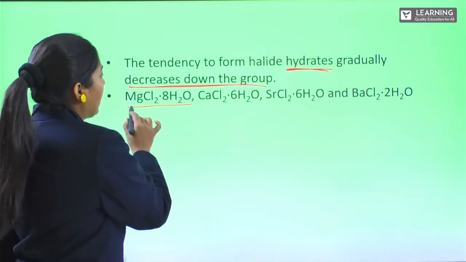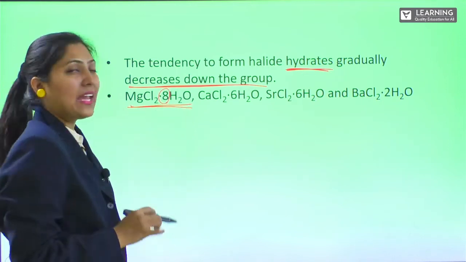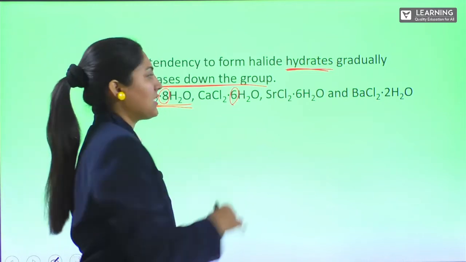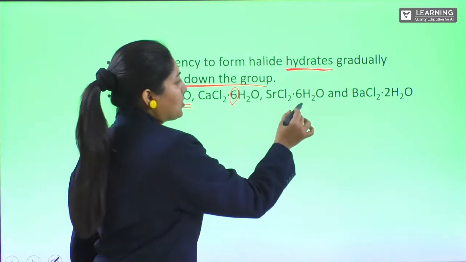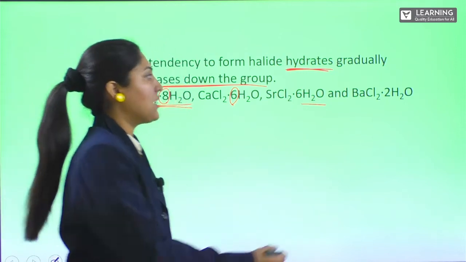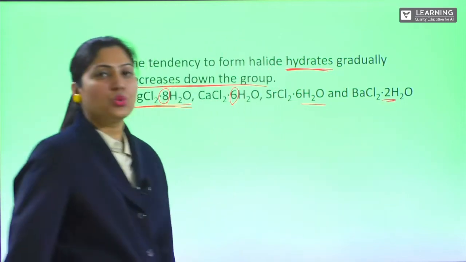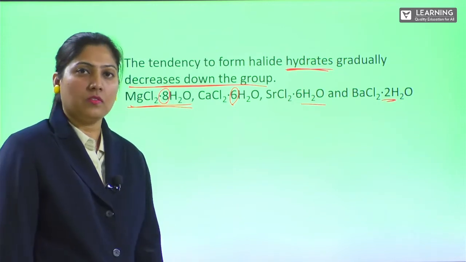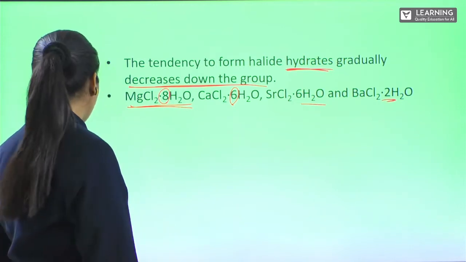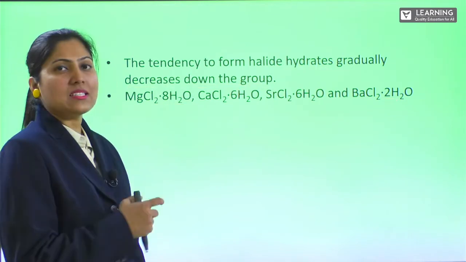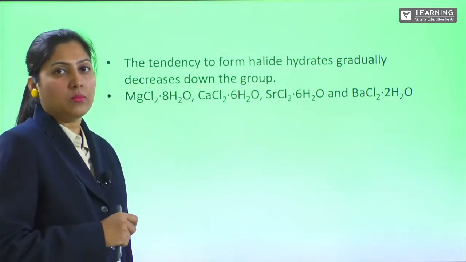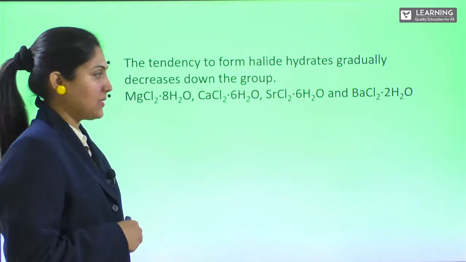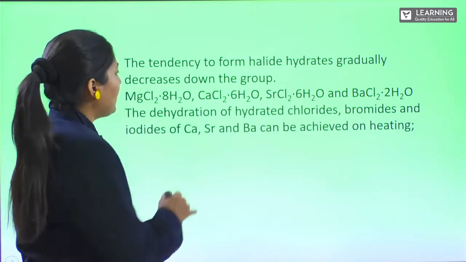As we see, for magnesium we can have 8, that is octahydrated, whereas for calcium it is 6, hexahydrated. Strontium we have 6, whereas for beryllium we have only 2 water molecules accompanying the halide of barium. Got this? So what happens down the group? The number of hydrated water molecules decreases as the size increases. So dehydration